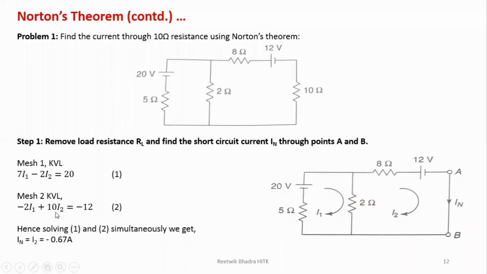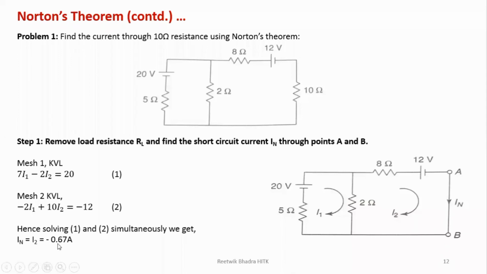But which current do I need? Okay, see from this network, you can see I1 is not needed because IN is nothing but your I2. IN is the current that is flowing through this path. So if I calculate I2, then I can calculate IN. So solve equations 1 and 2 such that your I1 cancels out so that you get I2 directly. Because if you find I1, then one extra step will be there. So that is the logic. Try to solve for I2 so that you can get IN directly.